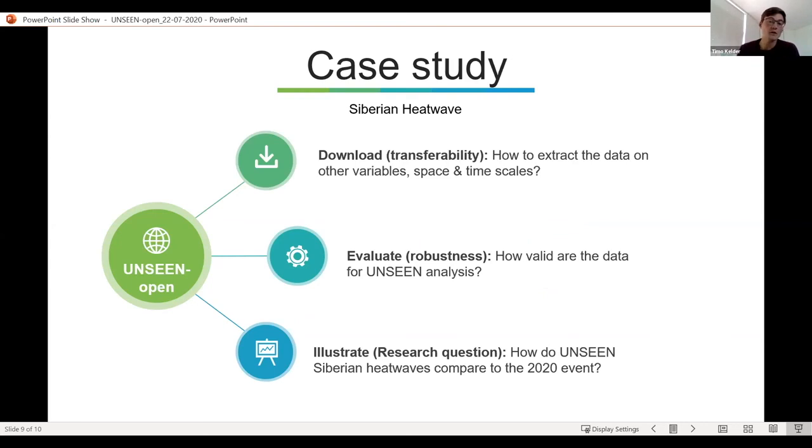And in terms of the workflow, this is interesting to test the transferability of our downloading approach, because we're using different variables, space and time scales. It will be interesting to see whether our evaluation methods are robust as well. Do we encounter other problems? That's what we're going to work on in the coming months.